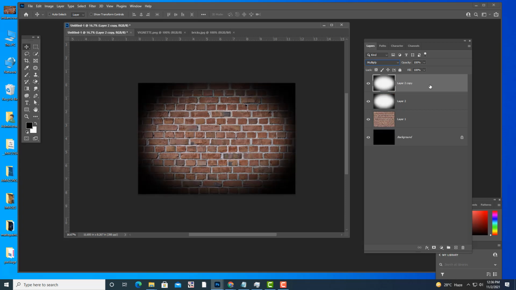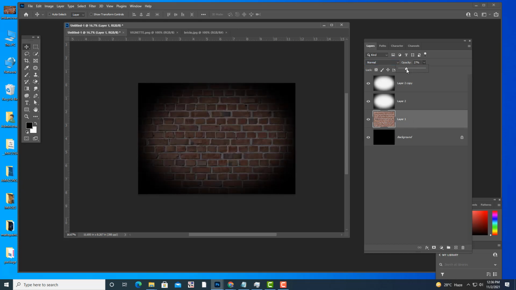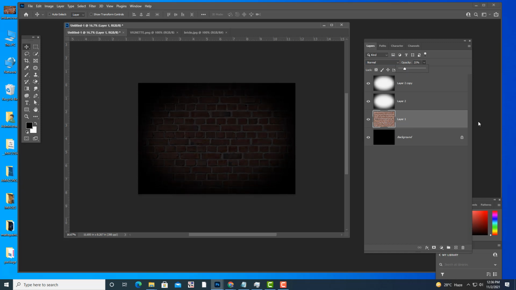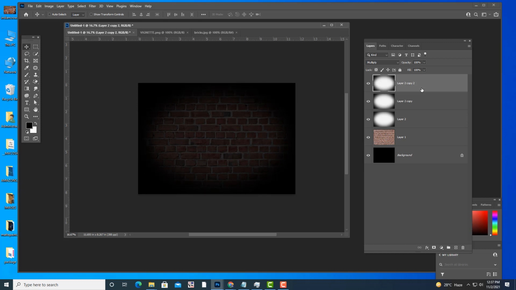We also want the bricks to be a little bit dark, or we can reduce the opacity like this. So now this is the actual background I want. Understood? If you want a perfect neon glow, this is the background. If you want more darkness, take one more duplicate, Control J. Now it is darker.